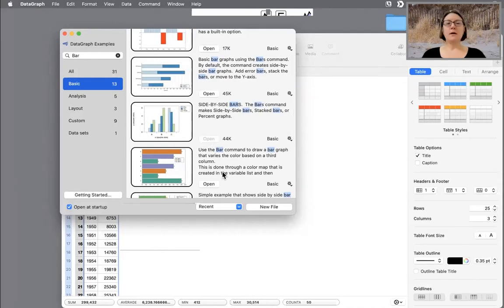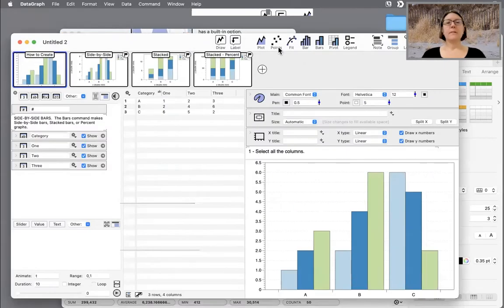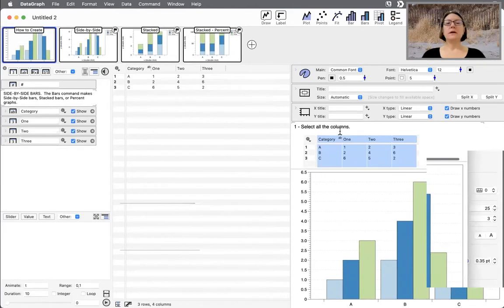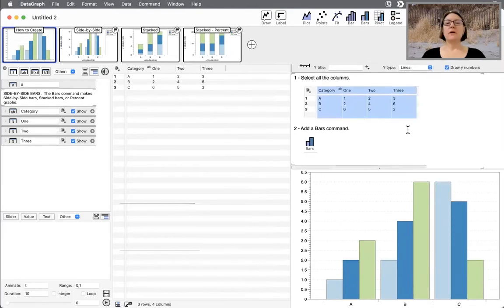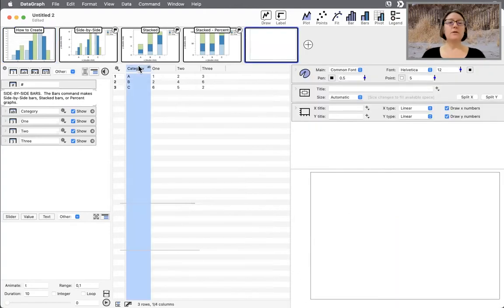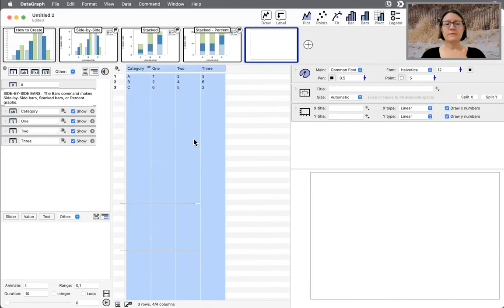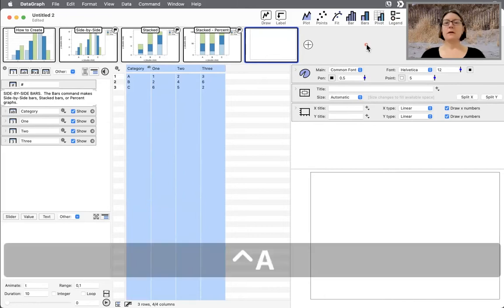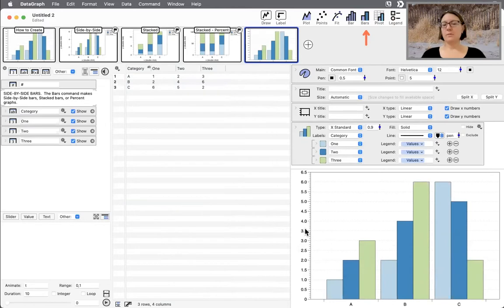If we open that up, you can see how this one was created. Very simply, you could add the command and manually enter these columns as what you want to base this on, or you can just select this data and then click your bars command, and there you have your side-by-side